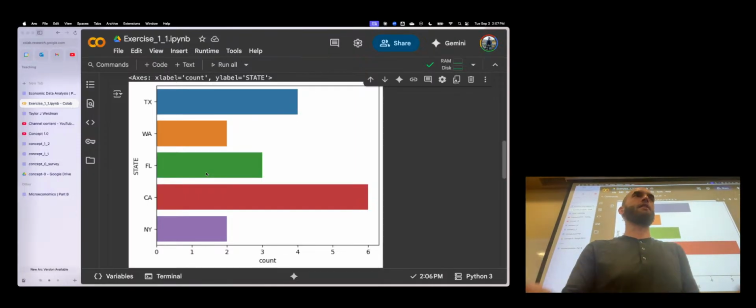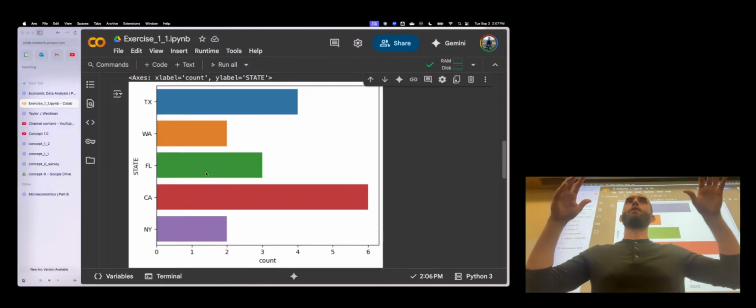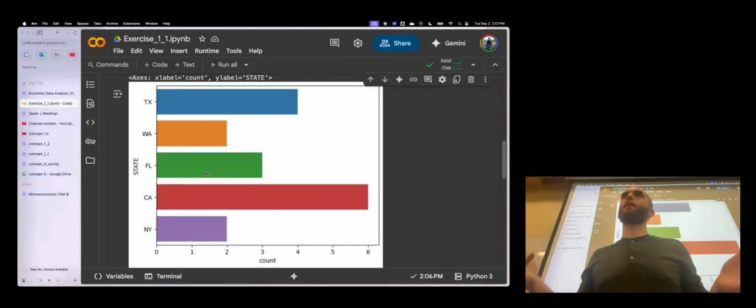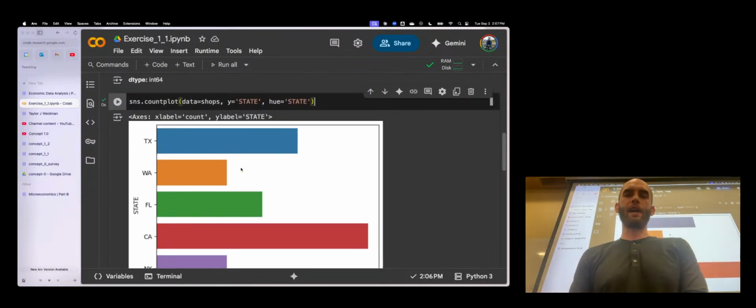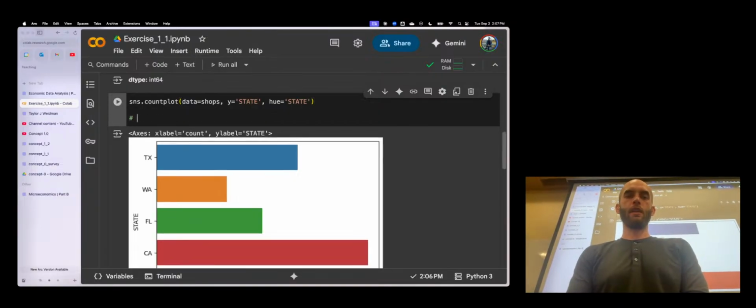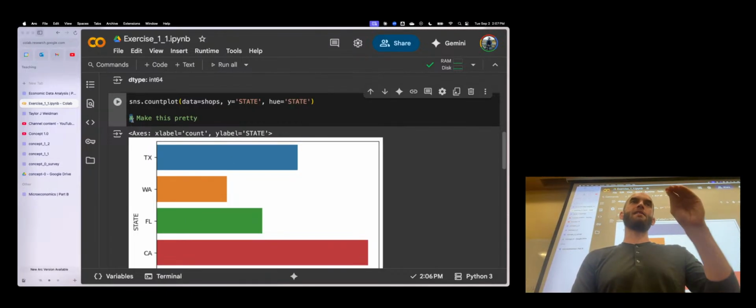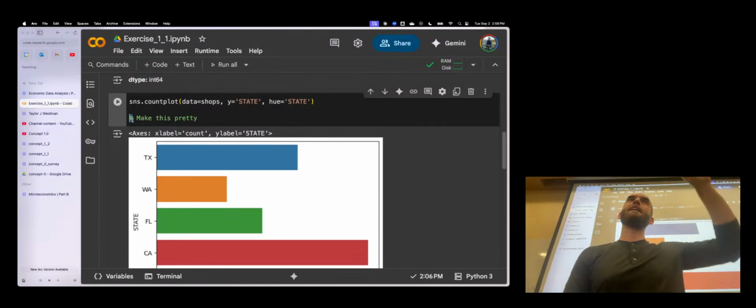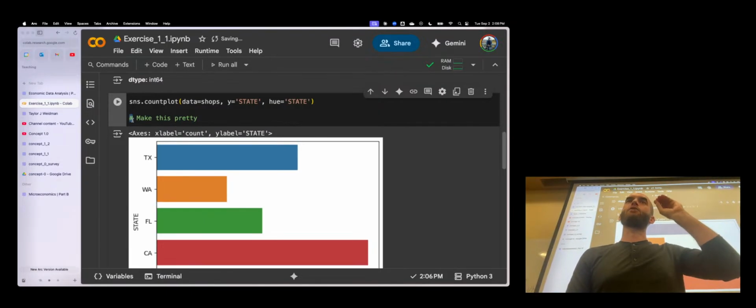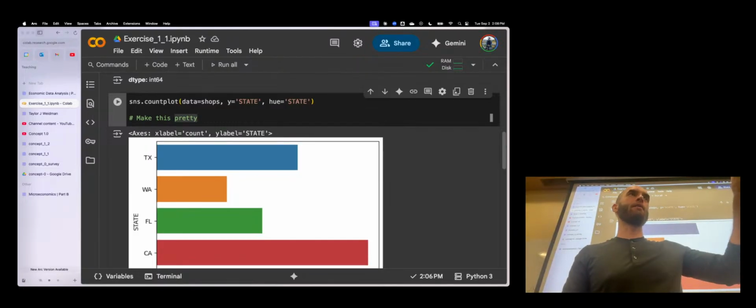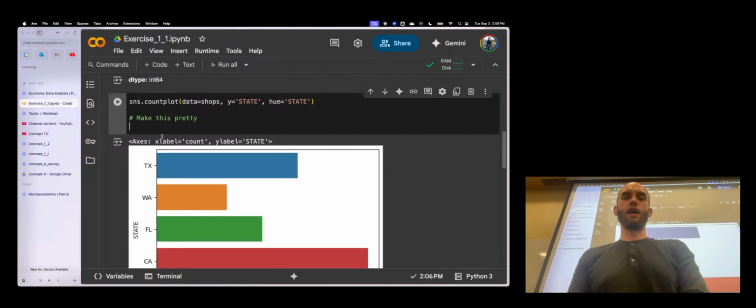For the slides, I did something very similar to this, except I added some other nuances, which you can play around with if you like. One thing you can do with AI is you could say, make this pretty. This hash just means that it's not Python code. It's written in the Python cell, but it's not actually doing anything in Python. This is what we call a comment. And what AI will do is take your comment and turn it into some code. So if I hit enter and create a new line,